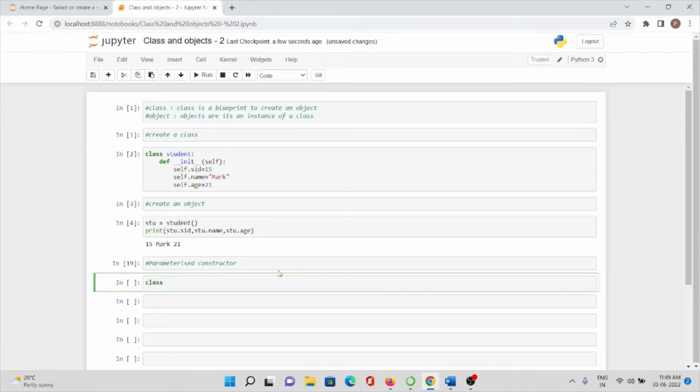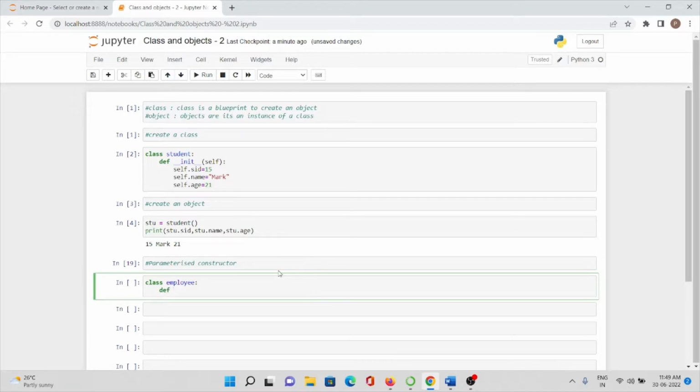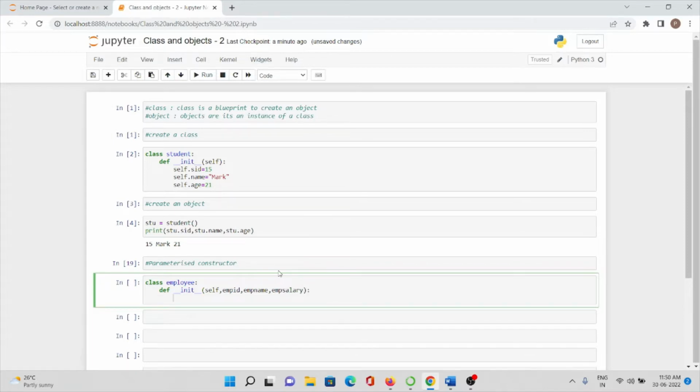What type of class will we create? We'll create a class of an employee. Here I will define and initialize the parameters, and I will pass some more parameters, guys. I will give employee ID, employee name, employee salary. So now self.emp_id is equal to